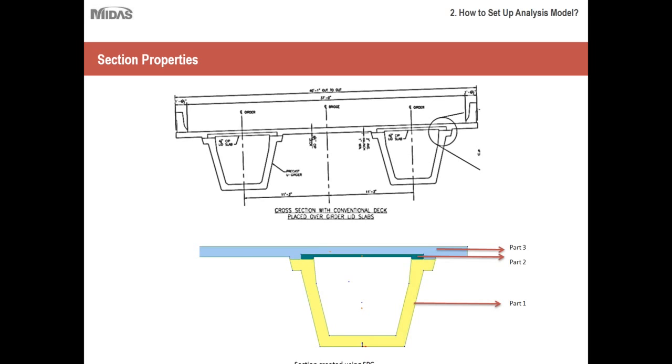And many times engineers resort to different types of spreadsheets for computing the section properties, or sometimes they are not that lucky and they use just hand calculations to get there. Whereas some companies or engineers prefer using efficient tools